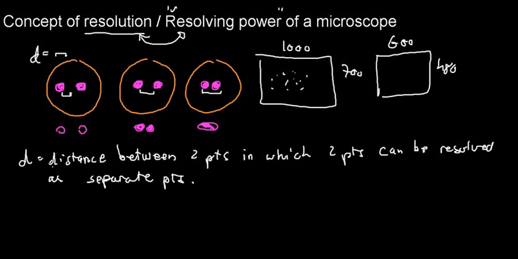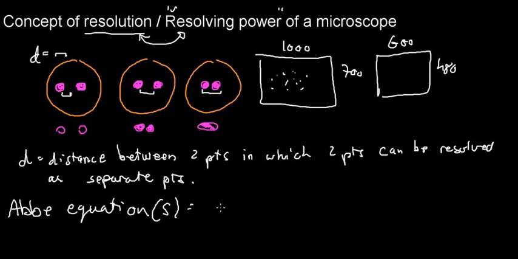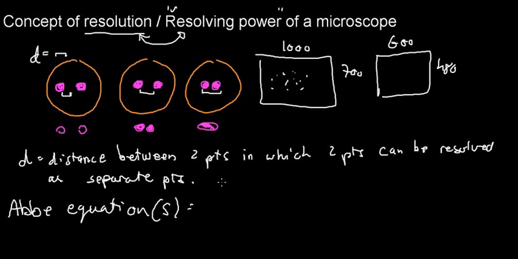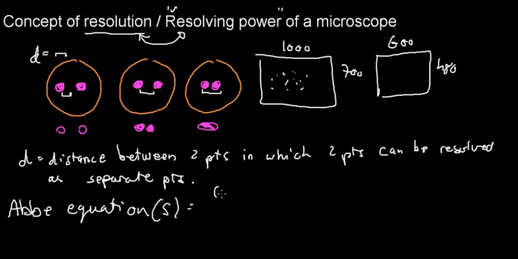All right, and this is brought to us by the AB equation. And I'm going to put a little s here because there are AB equations. There are 2 equations that we could use, and they're both good. They're both acceptable, but just don't mix them around. I'm going to write both of them down here. I know it's confusing, and they have both of these equations in the presentation. First off is